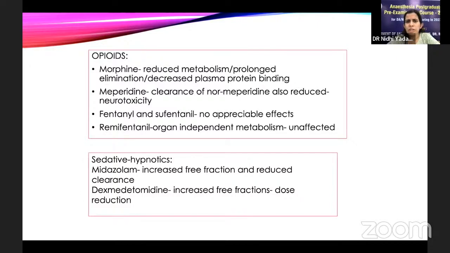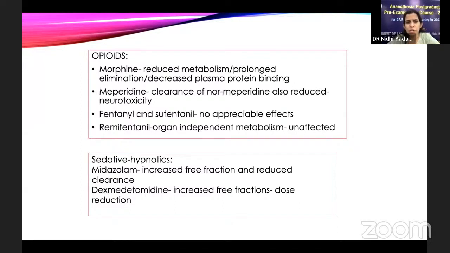Morphine metabolism is reduced. There's prolonged elimination. There's decreased plasma protein binding that leads to an increase in the active form of the drugs. That's why the dose of morphine needs to be reduced by 50%. Meperidine clearance, the clearance of its metabolite normeperidine is also reduced, and that can lead to,